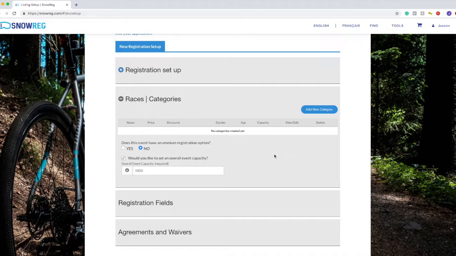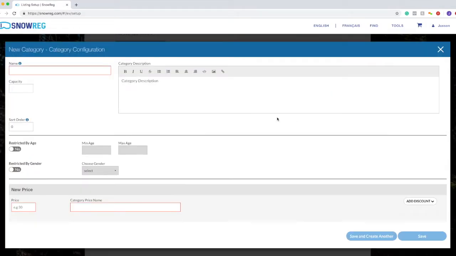If you had an event, I'm not very familiar with the snowboard event structures, so I'm not totally sure how the categories work for that. But if there was, say, an age grouping, you would be able to create a new category from here. You can name the category. So we're going to go ahead and call this one